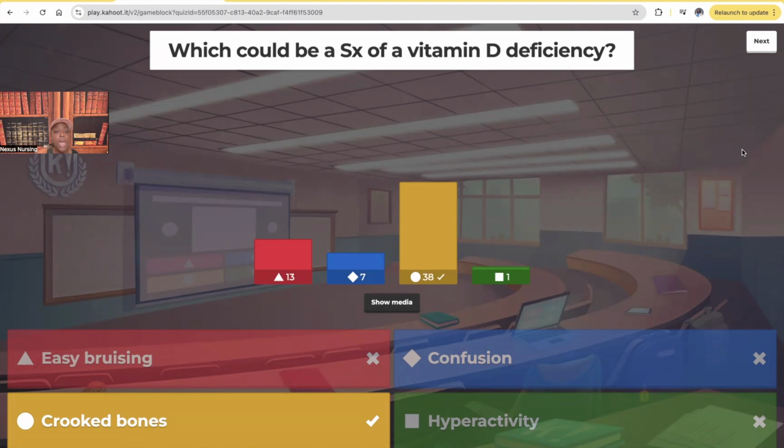such as crooked bones. Now, easy bruising, many things could cause that, but one of the main things that could cause that would be like if the patient had platelet deficiency, because remember, platelets,